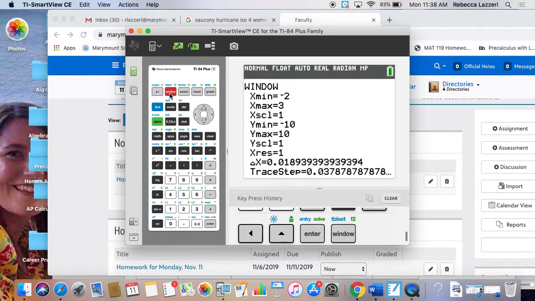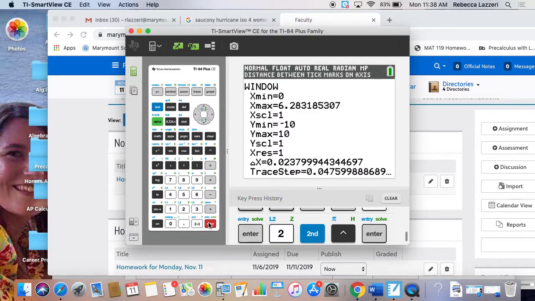I'm going to set my window from 0 to 2 pi. And if I'm looking for critical numbers, I may want to shorten that window. There's one I give on the test sometimes, I haven't made out the test yet, but there's one in my mind that I give quite often. You've got to really look close to 0 and change your window from like -1 to 1 on the y-axis to actually see how many times it crosses the axis. All right, so now I'll graph